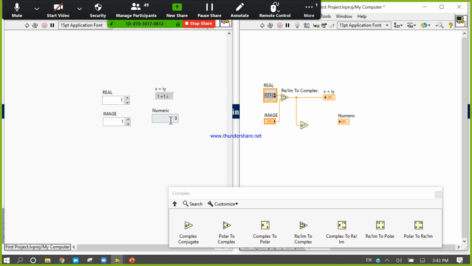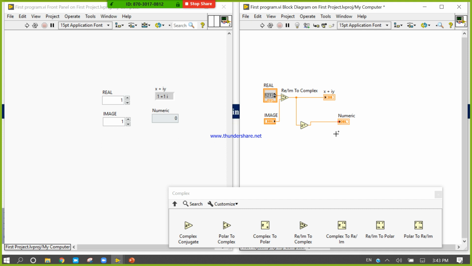Look at this function. If I connect with this, it is DBL and this red dot. This red dot means it's a coercion dot, and I will not get the complex conjugation value. I was expecting the output to be 1 minus 1 iota. So why, and what is the difference?